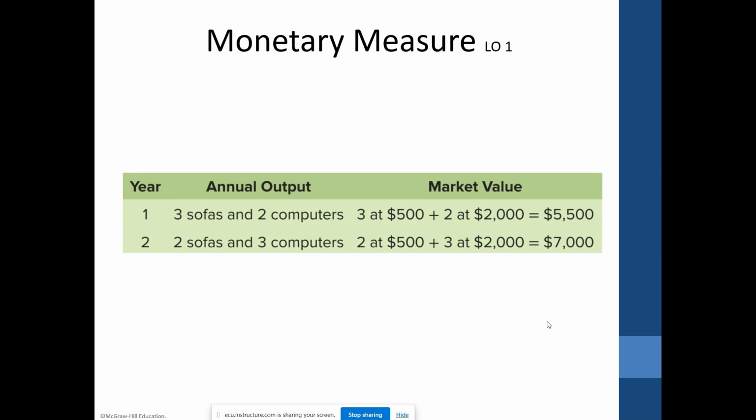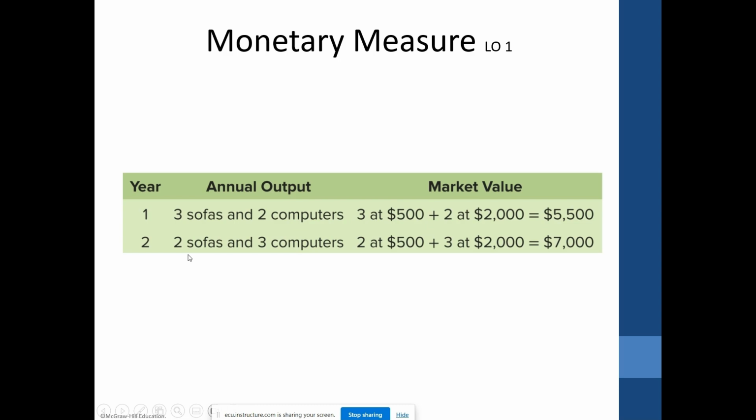So what we do instead is take 3 sofas, multiply by the market price of each sofa, 500, plus 2 computers, multiply by the market price of 2,000. The monetary value together is